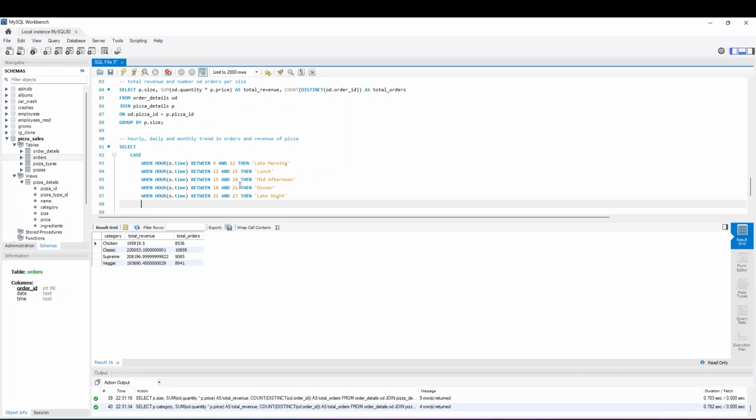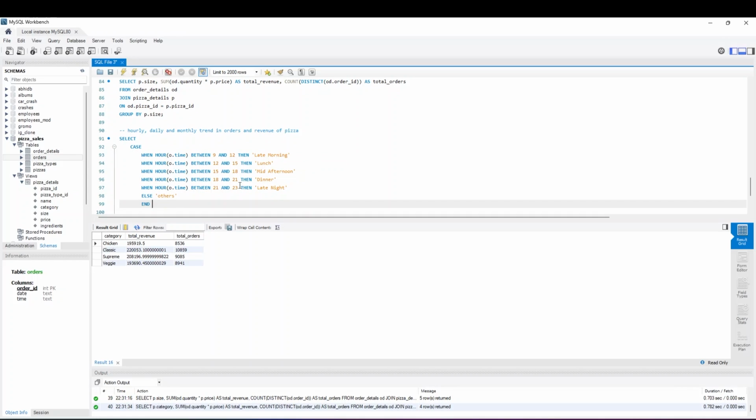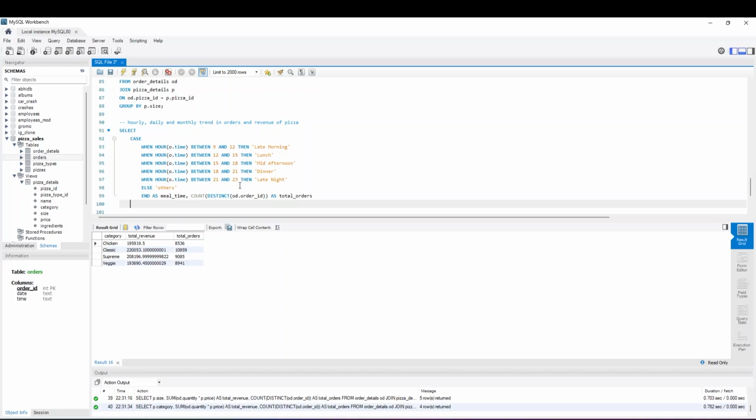Okay, so we will be grouping our complete day in 5 sections, that is late morning, lunch, mid afternoon, dinner and late night. So for else we will give others. Okay, we will end this case statement and we will name it as meal time, and we will be counting the distinct orders using the same count distinct order id as total orders, and